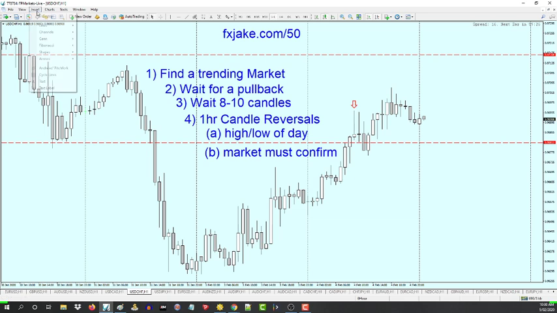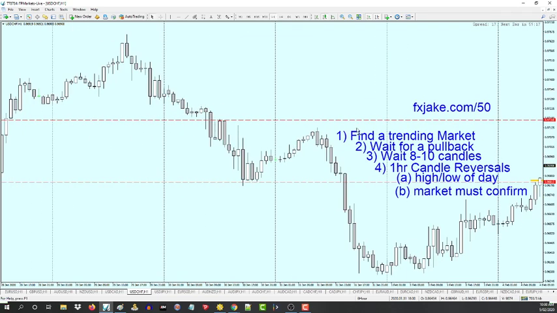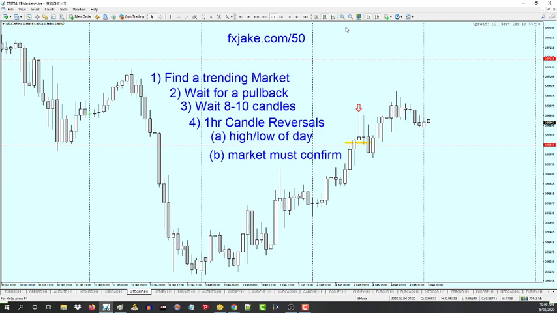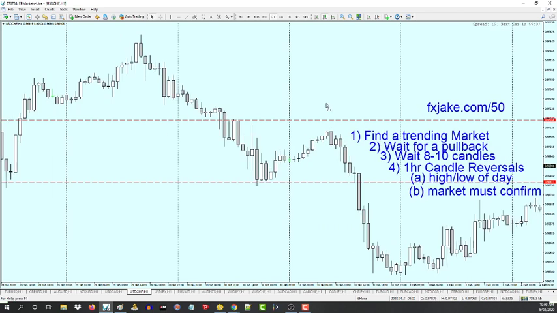So let me just sort of visually show this, and we can actually do this in Forex Tester too. So here's the new candle high of the daily high. Let me go like this so you guys can see what's going on here. So this candle right,